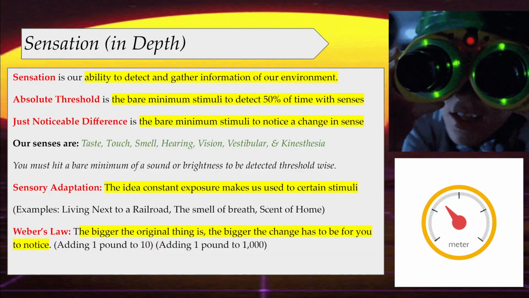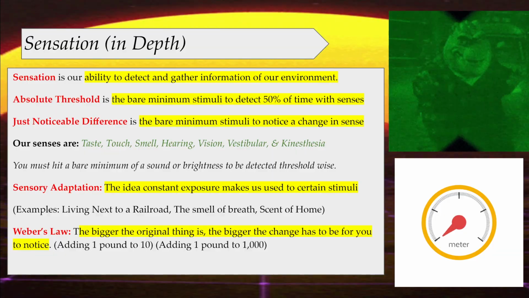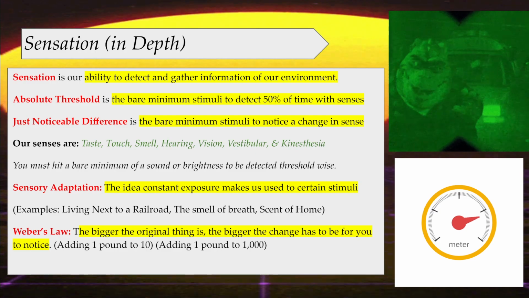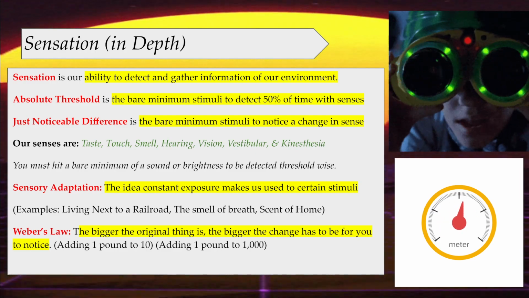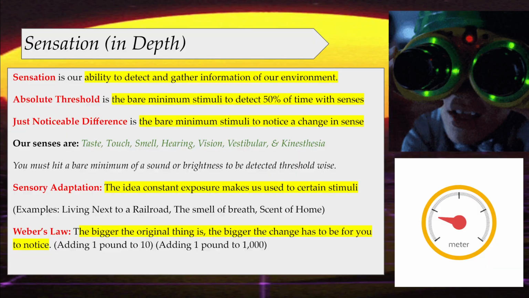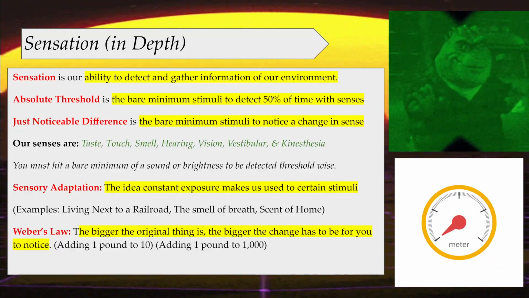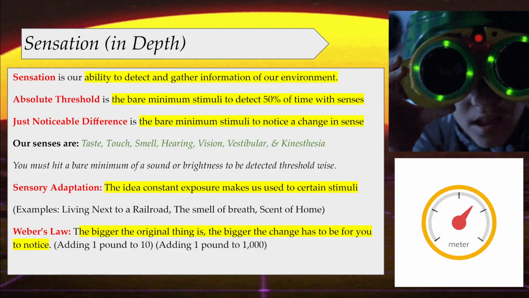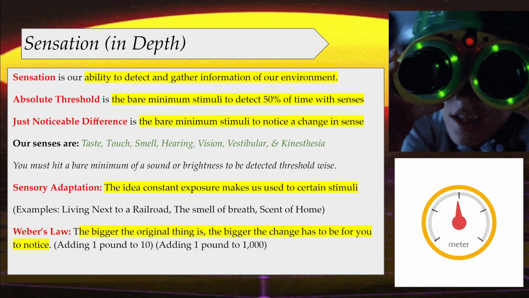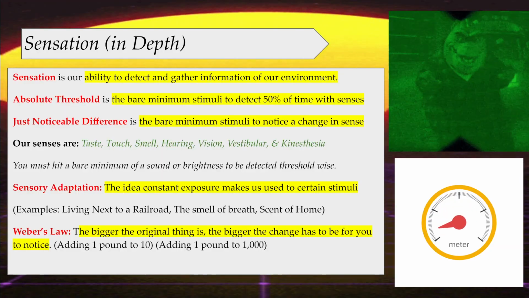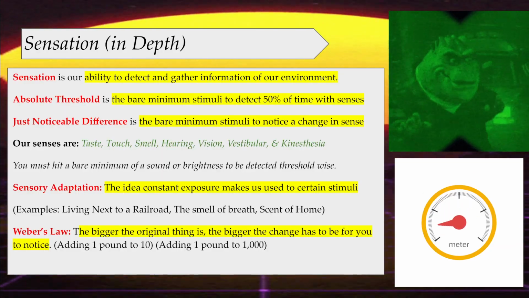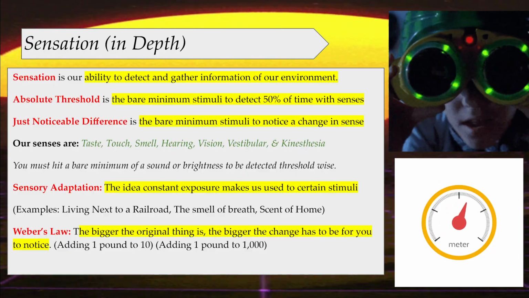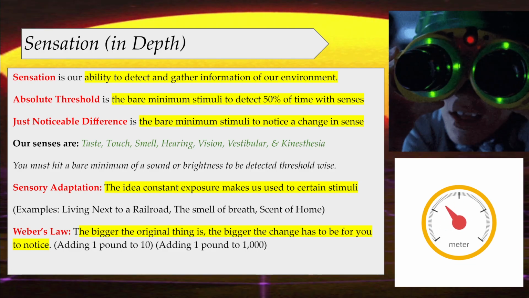This idea of Weber's law below is another term that for many of us can become kind of confusing and hard to explain, but let's dissect it together right now. This is the idea that instead of a constant amount that should increase for us to notice a change in weight or some type of sensation, it's a percentage of increase or change that matters. What that means is, for example, if you have 10 pounds of weight in your hand and we add 1 pound to that, you might notice a pretty decent difference. The reason why is because that 1 pound compared to the 10 in your hand is about a 10% increase of that overall basic weight. That's a 10% increase, so you'll notice that change in weight.